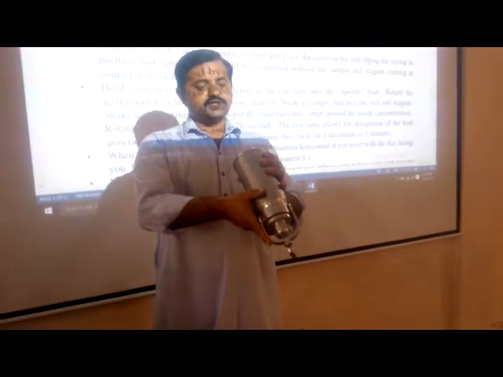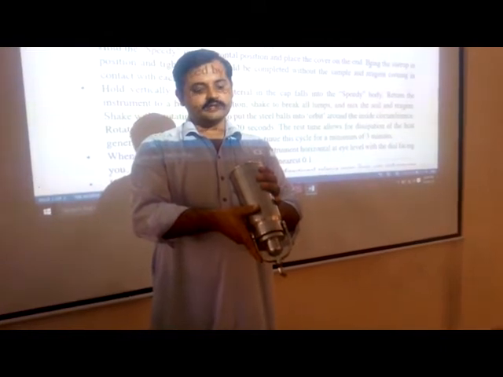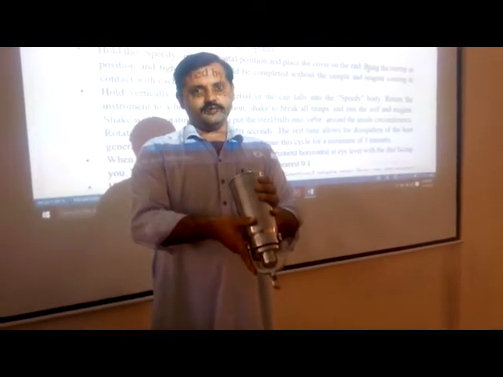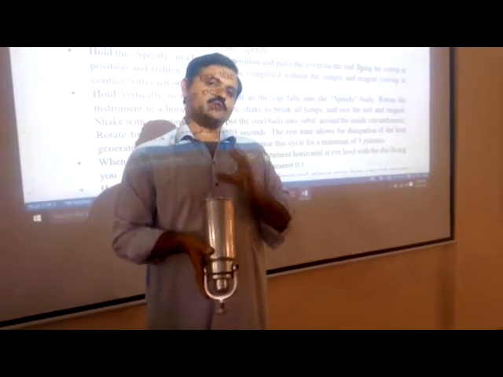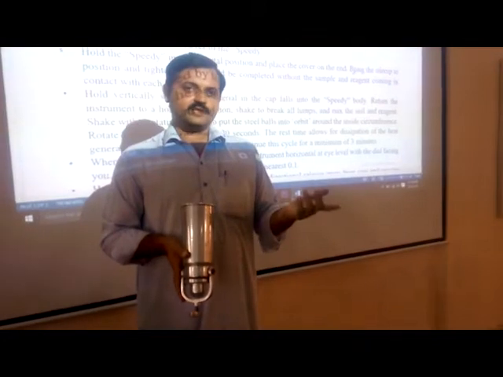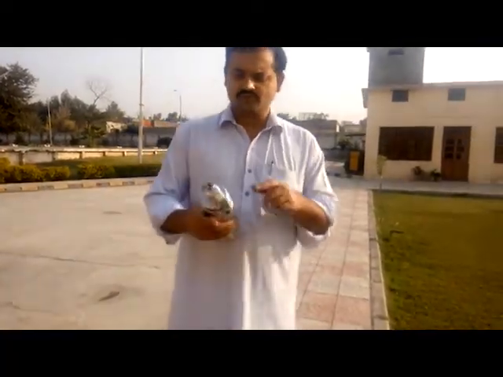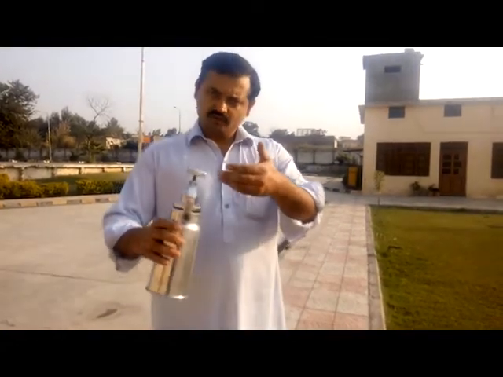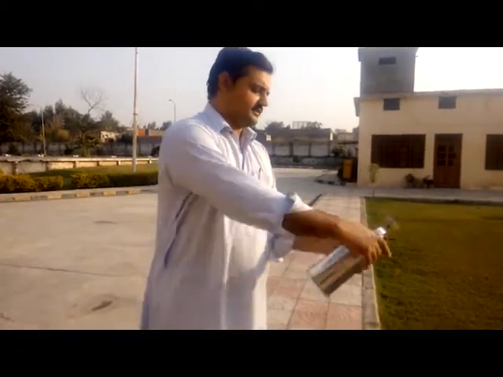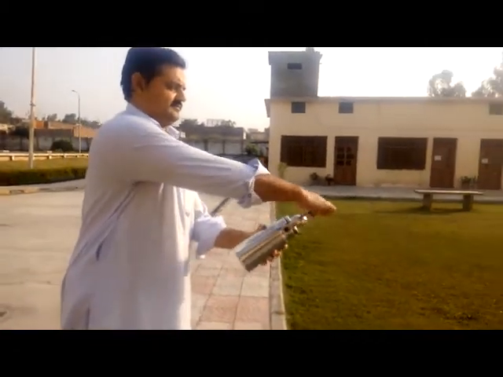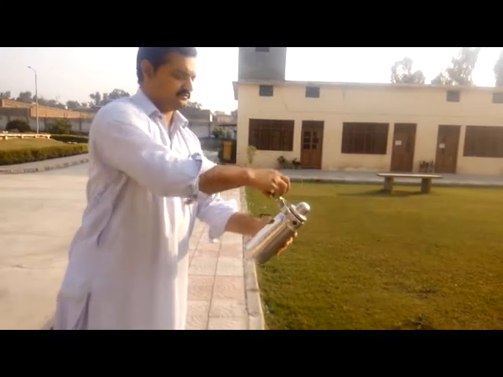After 3 minutes, I am taking the reading from the speedy moisture tester, and it is 1.4. Now I will convert this into dry weight. But before I do the calculations, let me dispose of the soil sample from the speedy moisture tester. One thing: you can't open this cup in front of you or in front of somebody else. You will have to open it away from your body and somebody else, because there will be a gas which can harm you.